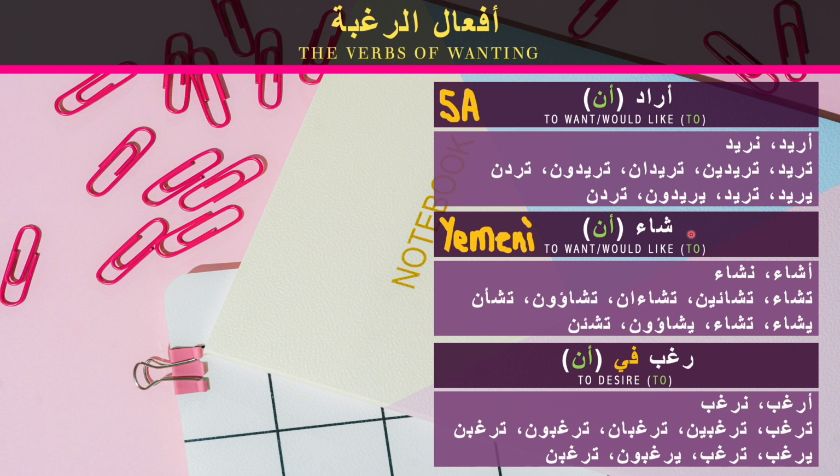The verb sha'a is usually used in the south region of Saudi Arabia and in Yemen. However, when it's used in today's spoken dialects, we don't stress on the a, so we don't say sha'a, we say sha, asha, nasha, tisha, tishin, tishun. We don't really use the dual form in general in today's spoken Arabic. So shun, yisha, tisha, yishun. That's how it sounds in Yemeni Arabic.